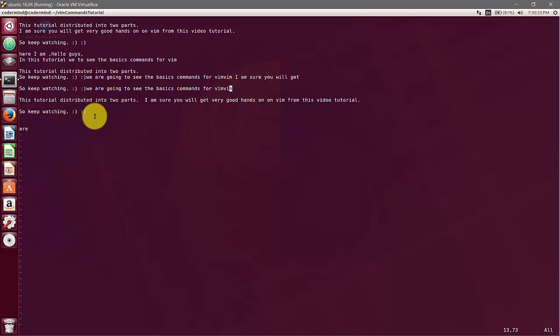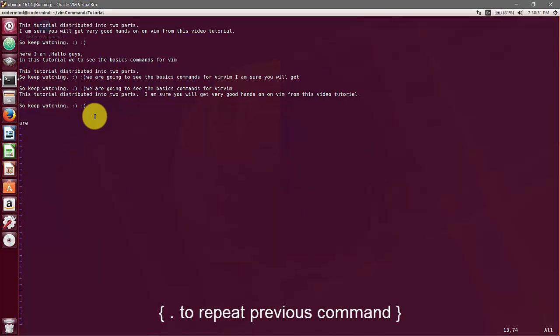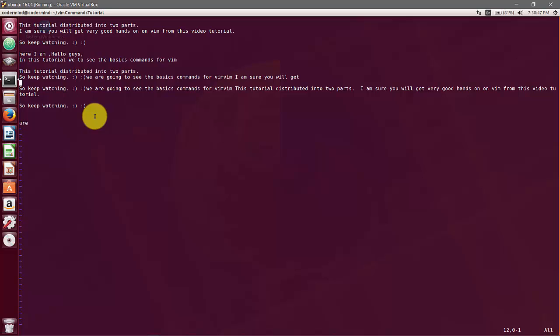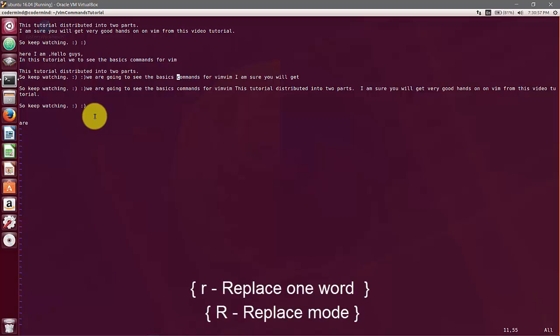Now suppose you want to repeat the previous command. At that time you simply enter a dot. This will repeat your previous command. Now I want to replace one character. Suppose I want to replace that one. Press small r.